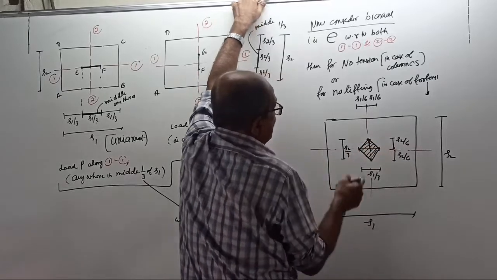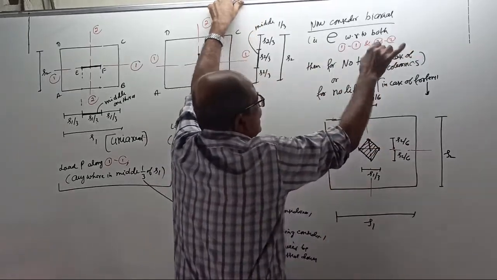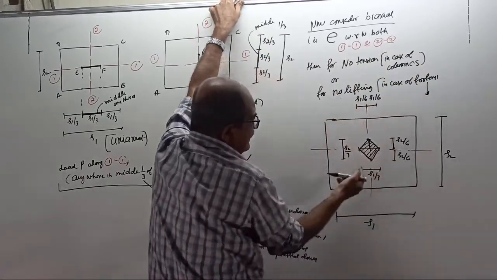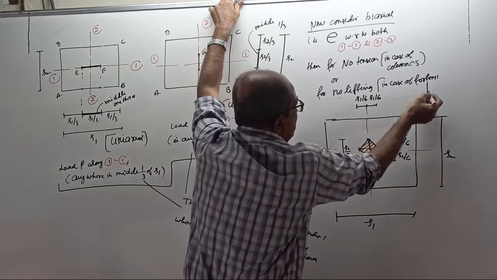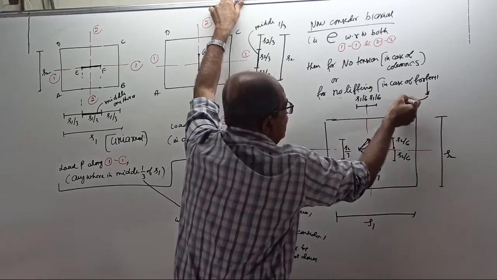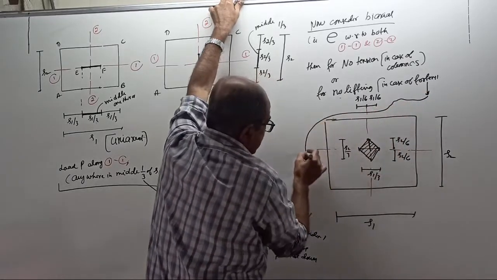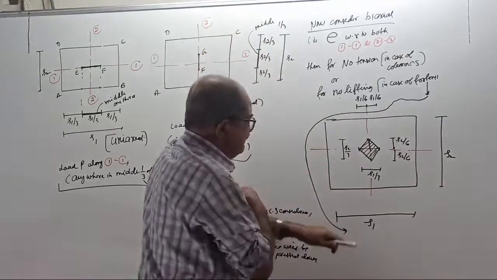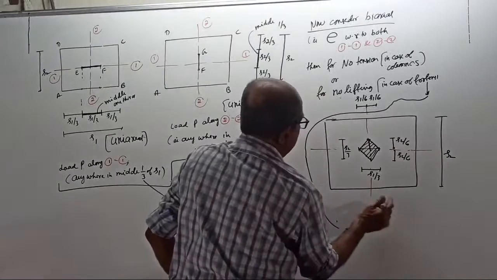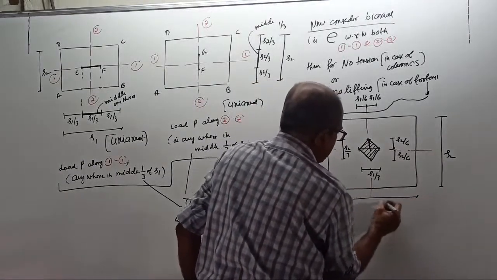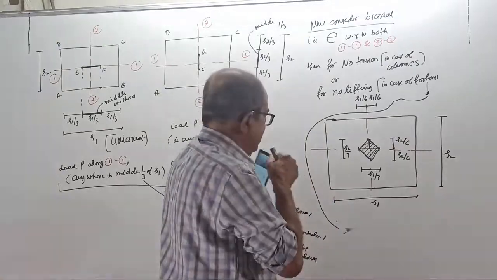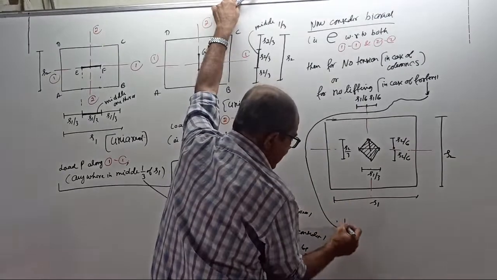Now, for no tension in case of column cross section or no lifting in case of footing, this is a sketch. Continue the statement. Where will I write? If space is there, I can shift the S1 to the upper side. Now, if space is there, I will write here: load should be